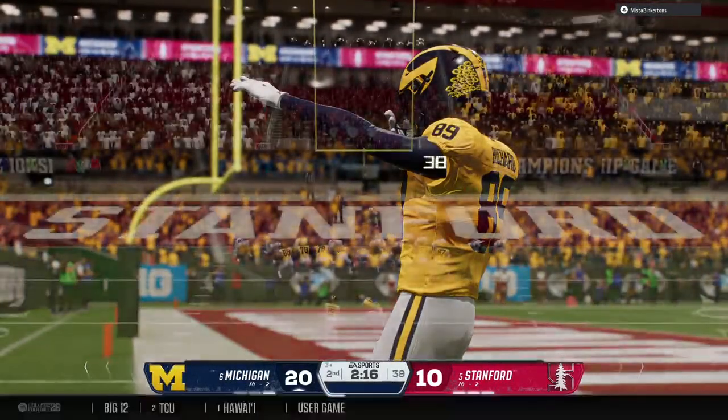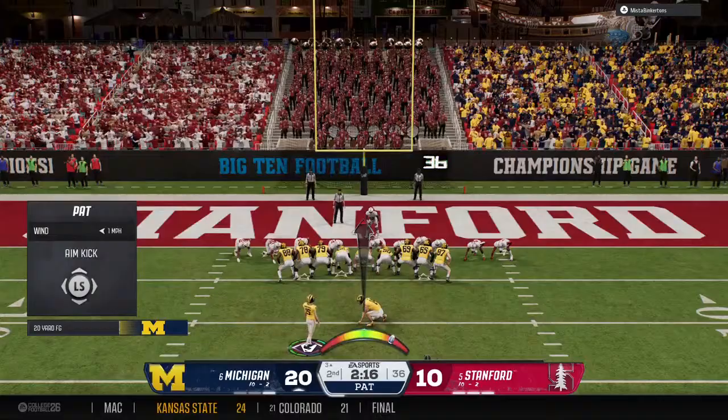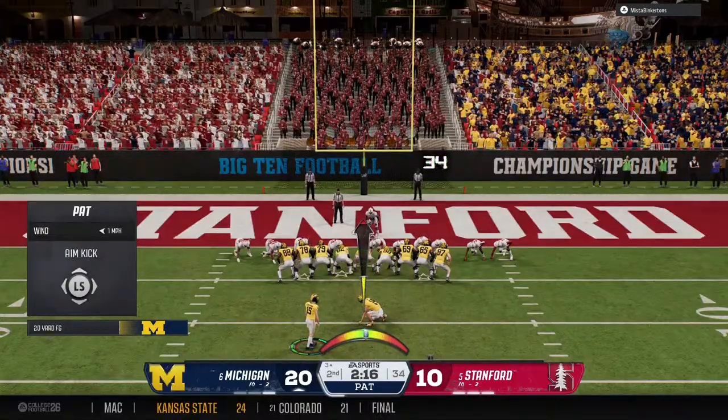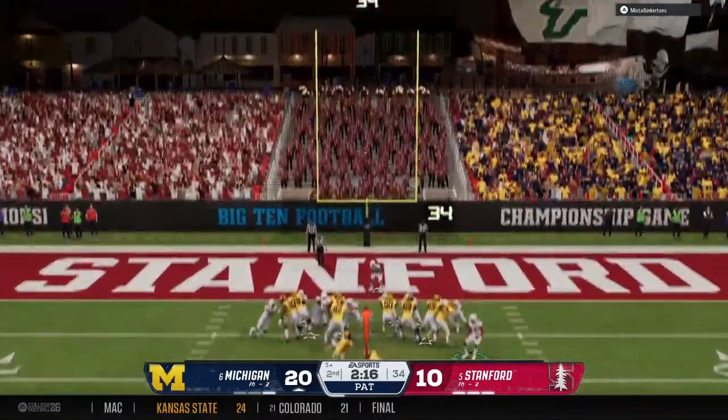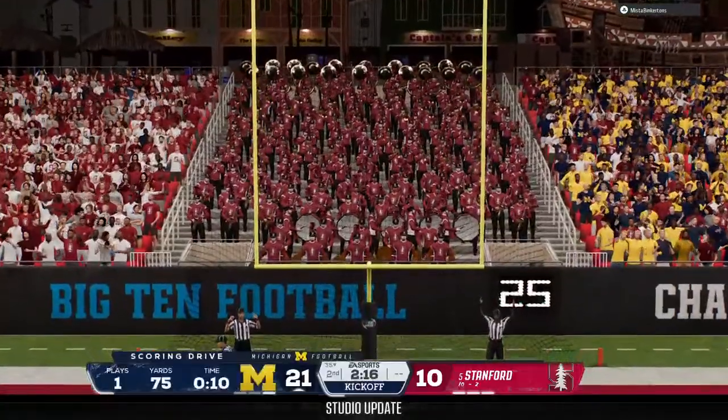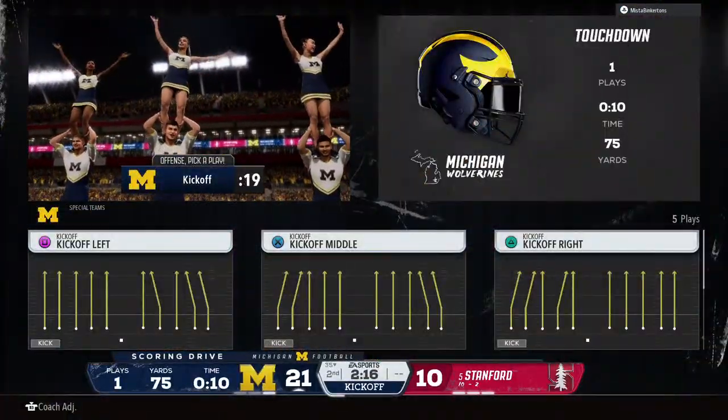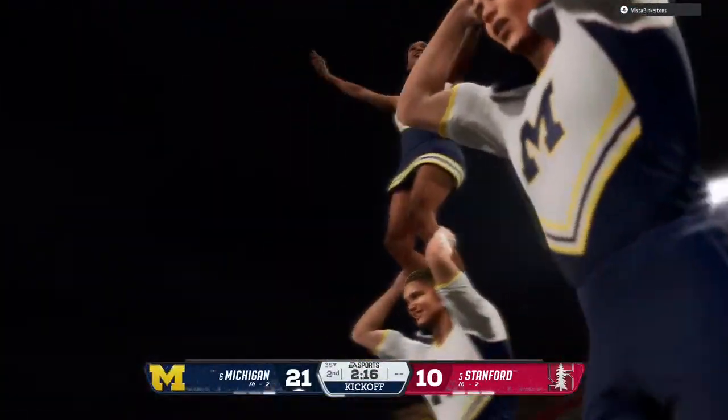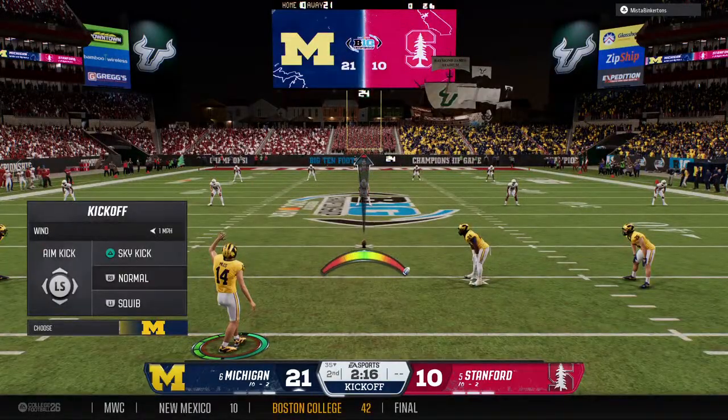That's exactly what this offense needed to do. A quick strike to be able to climb back into this football game. Now can the defense do their job and get a stop and give this hot offense the football back? PAT is good, so the lead now is 11. We got momentum after scoring that touchdown.